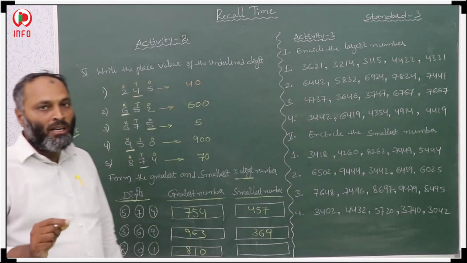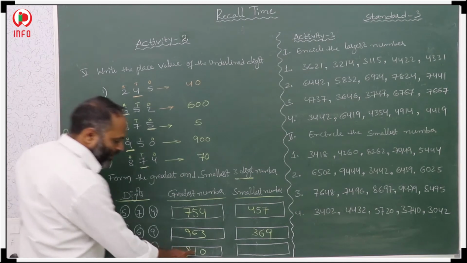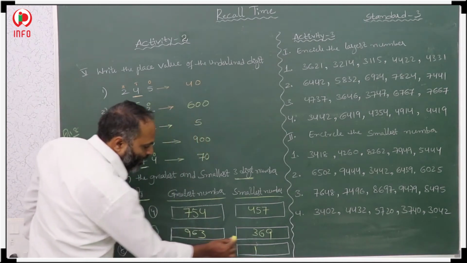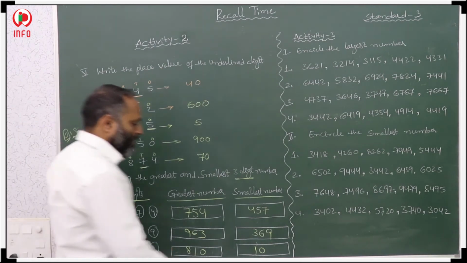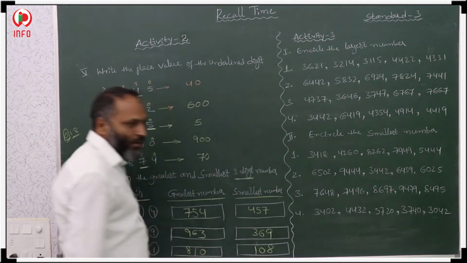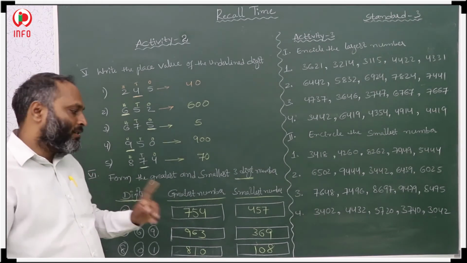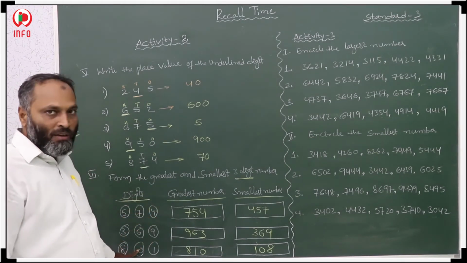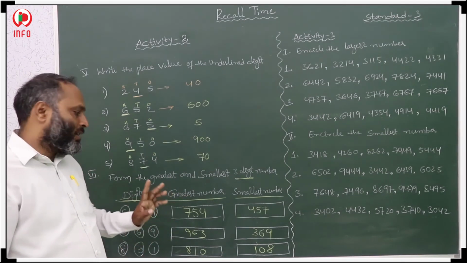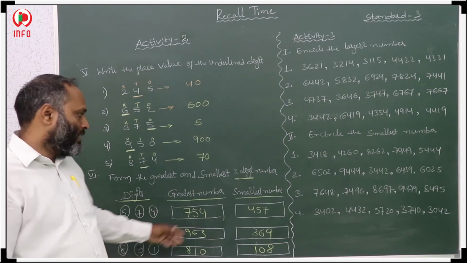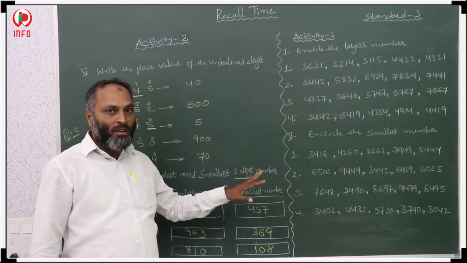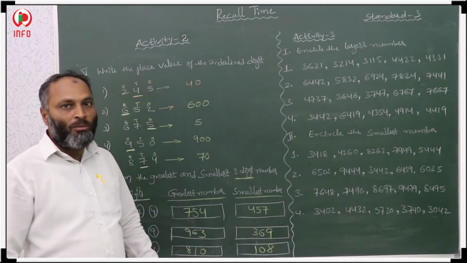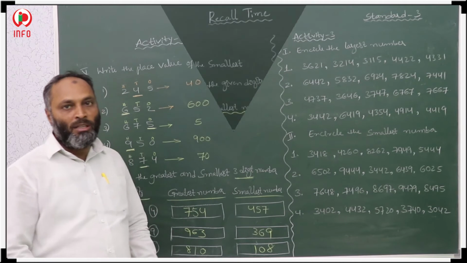Start with the second smallest digit, that is 1. Then take the smallest digit, then the biggest digit. So like this we have to take. You have to remember this when 0 comes. When 0 comes, don't start with 0, because here the question asks for a 3-digit number. If it doesn't ask for 3-digit, only the smallest number, then start with 0. No problem for that. So remember this.